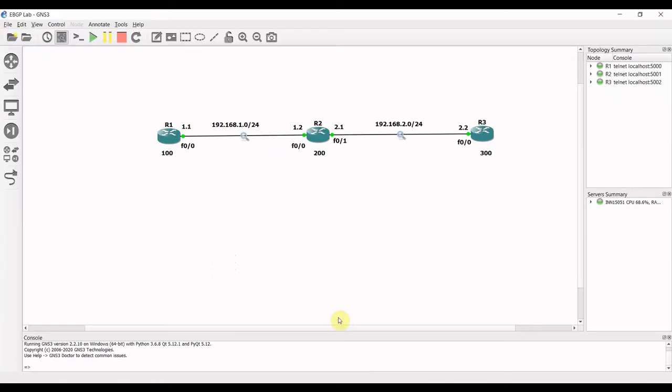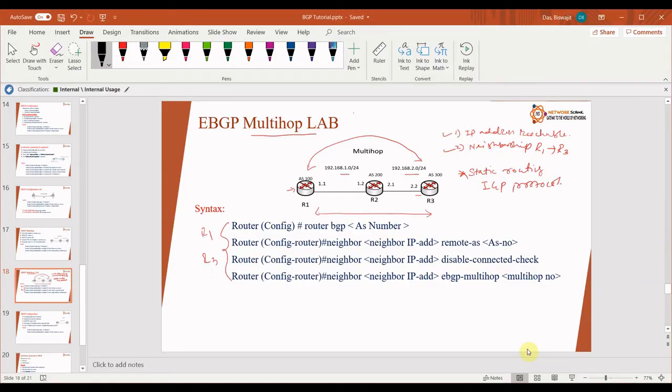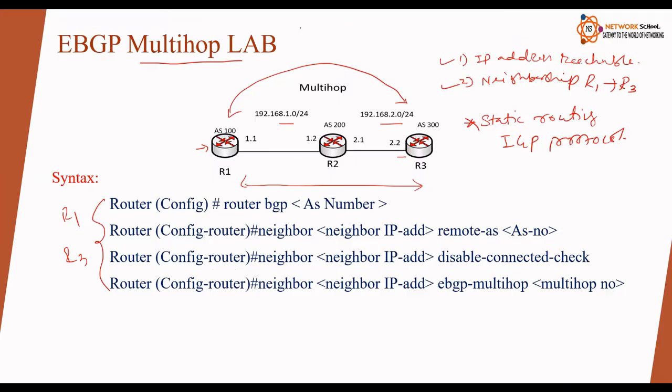Okay, as I explained in my slide, in Cisco IOS the neighbor has to be directly connected. So let's do a task. First of all we will use the command neighbor IP, and then we will disable the connected check.